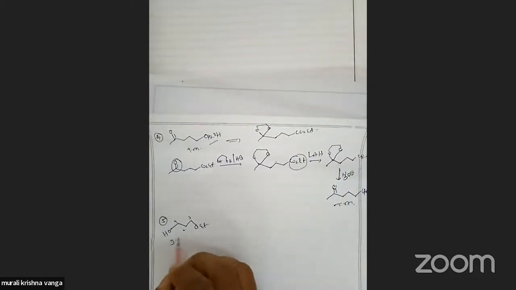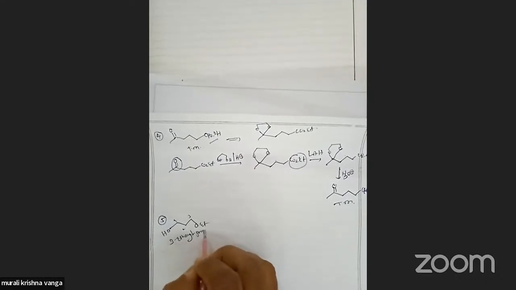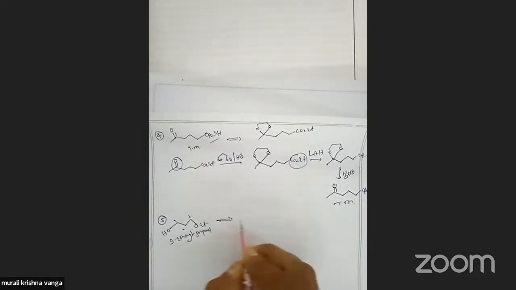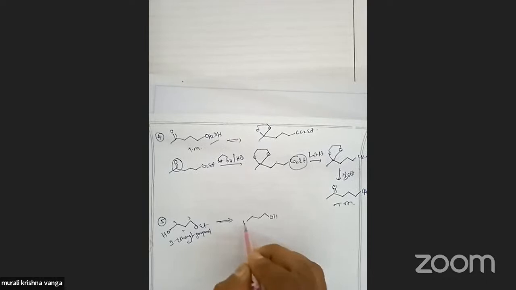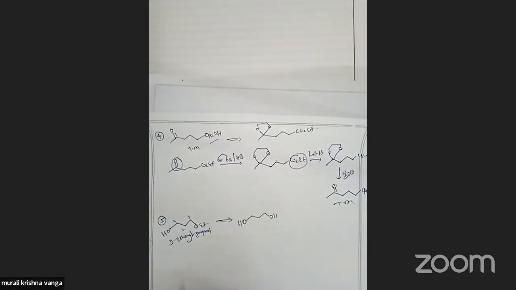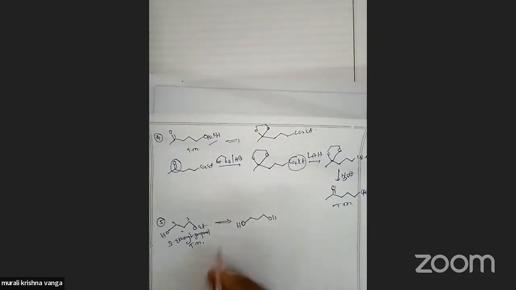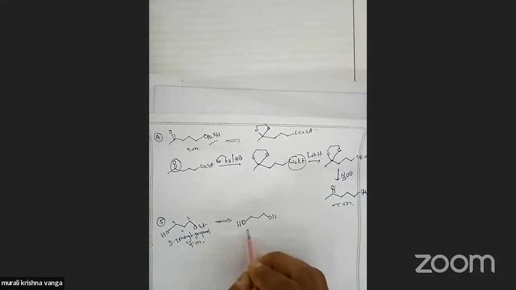3-ethoxy-1-propanol. When it undergoes functional group interconversion, the ether is converted to alcohol. This is the target molecule. Then the synthesis of this target molecule is from